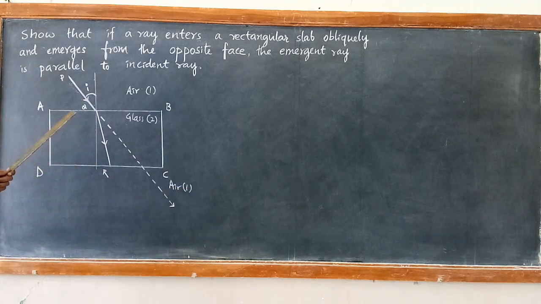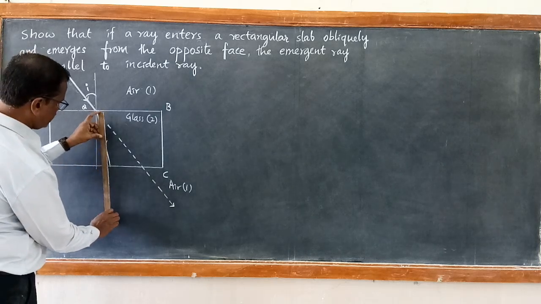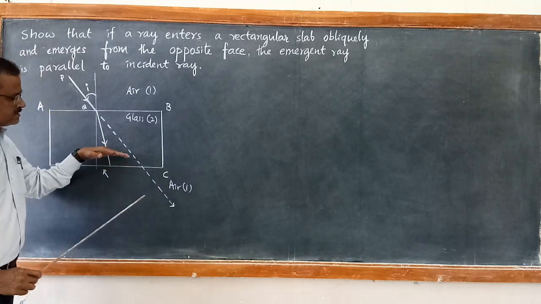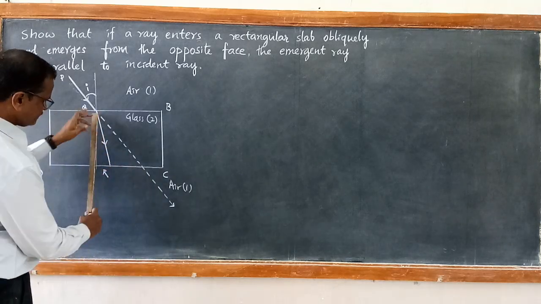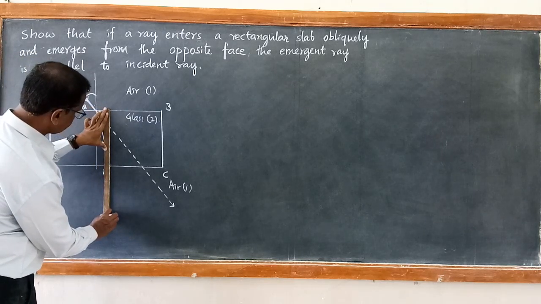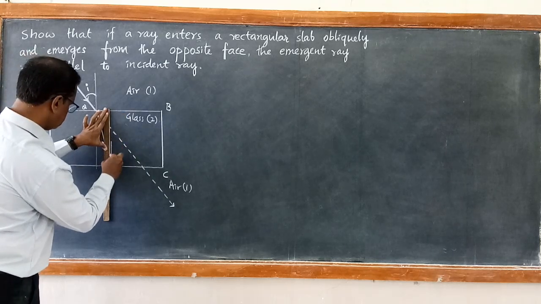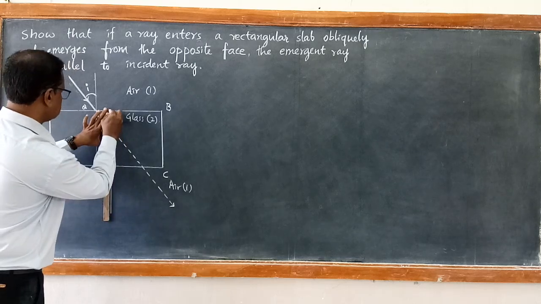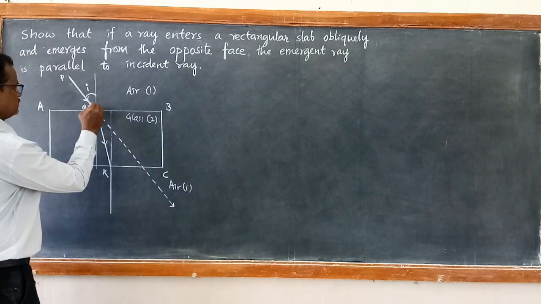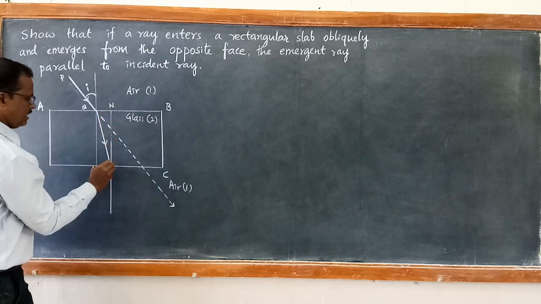So it is entering from denser into rarer. Therefore it bends away from the normal. So you draw a normal at this interface. So DC or CD is called the interface separating glass from air. Draw one normal here. Okay, so you can call this QM as one normal, RN as the normal at R.